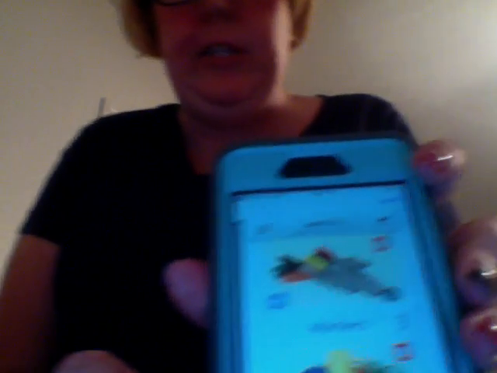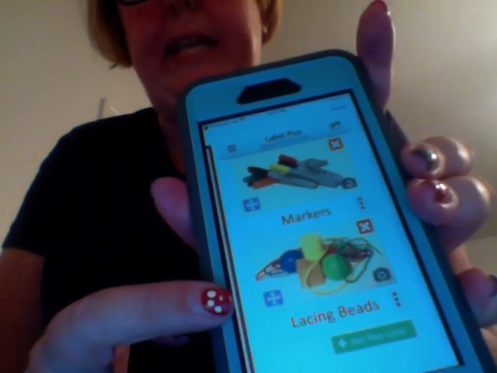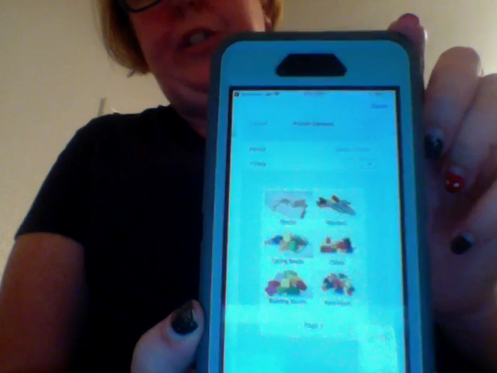So on these descriptions, there's a picture of markers with the word markers. There's a picture of lacing beads with the word lacing beads. You then can put all of the pictures on one sheet of paper and send it to your computer through your phone and print them out. And then all you have to do is laminate it, cut it out. So that I found was the best app ever. In my classroom, I've had a lot of students have success with this. And I know with CCSD,